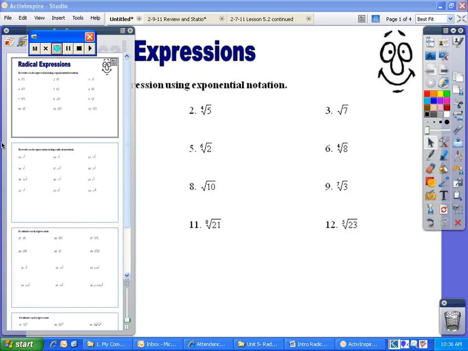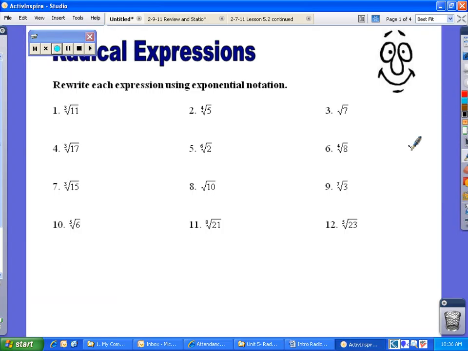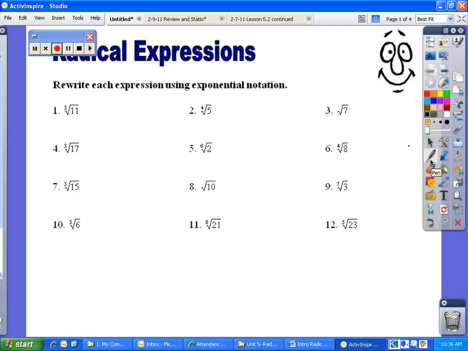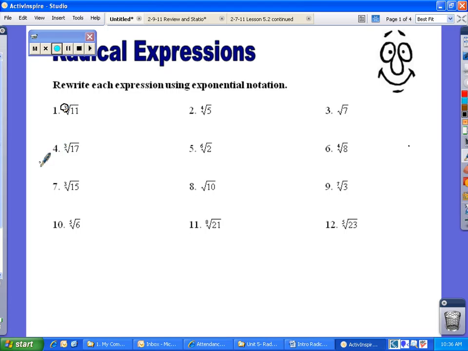Alright, so let's go ahead and go over how to simplify and complete problems with radical expressions. For numbers 1 through 12 on your review sheet, you need to rewrite each expression using exponential notation. Basically, all that means is to take the nth root number outside of the radical and write it as an exponent. So instead of the cube root of 11, you're going to rewrite that as 11, and then that becomes